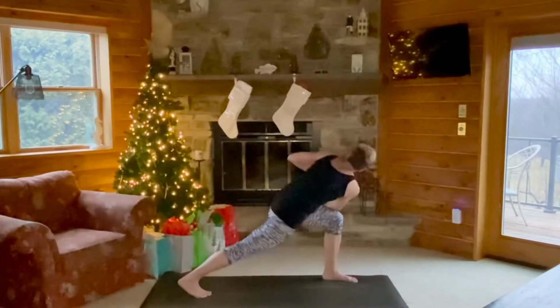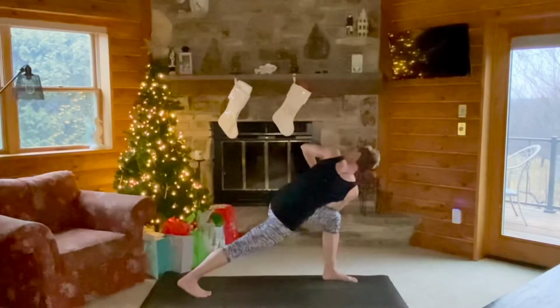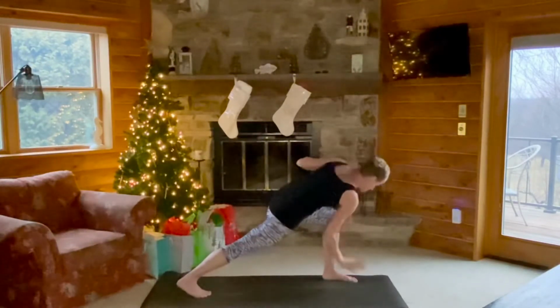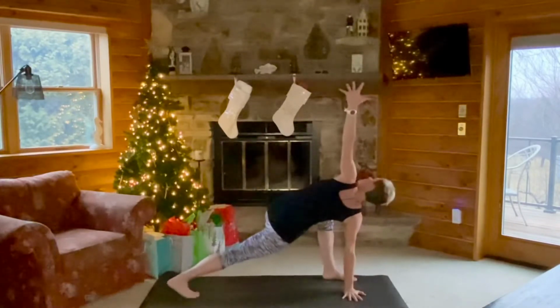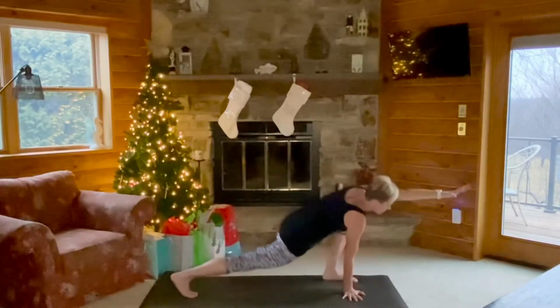Hands prayer, bow forward and twist, elbow to elbow, straight line. Keep your thumbs at your heart. Open up floor to ceiling. Hand at the sky, reaches front,